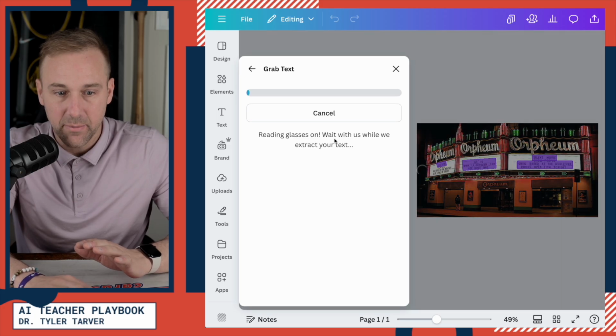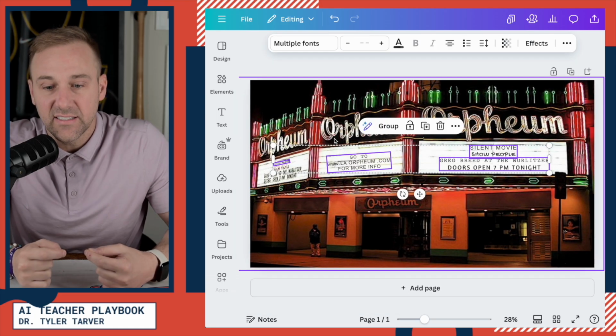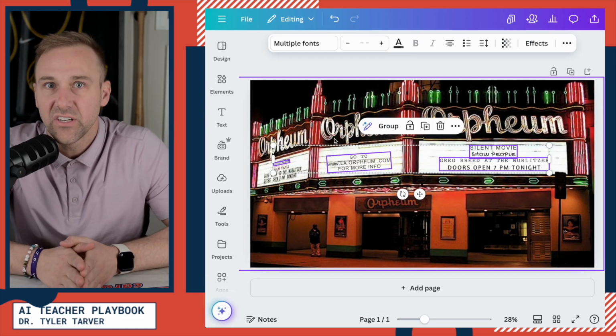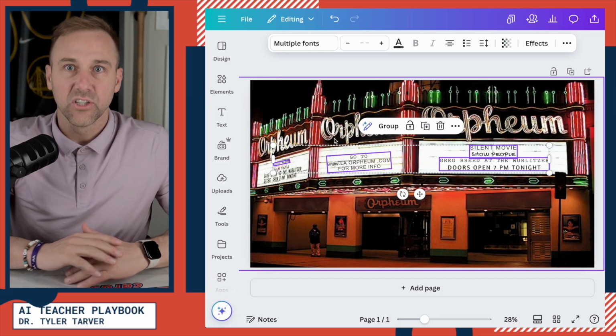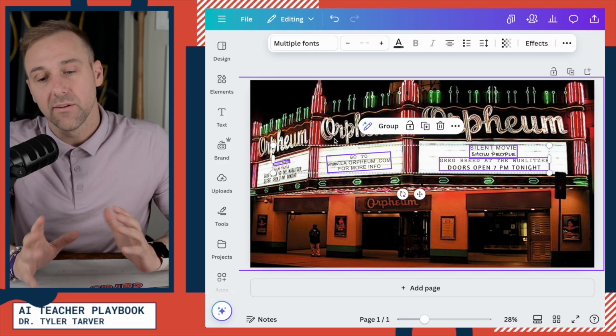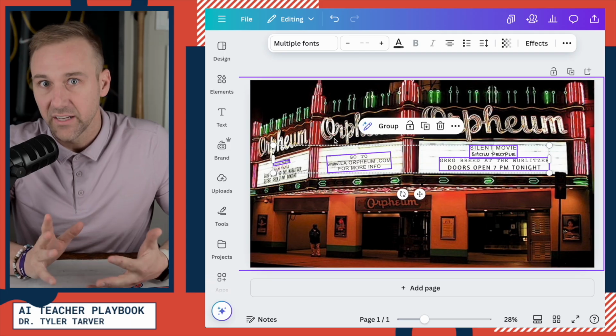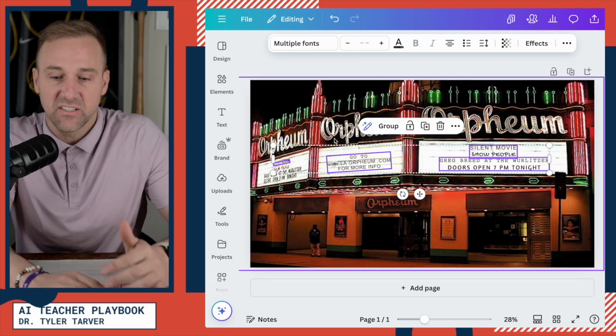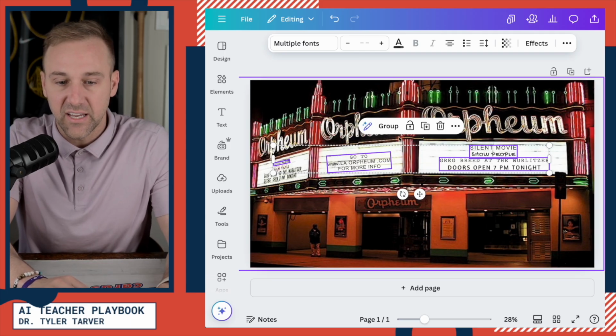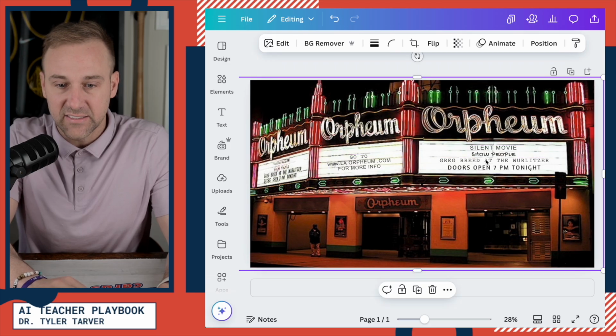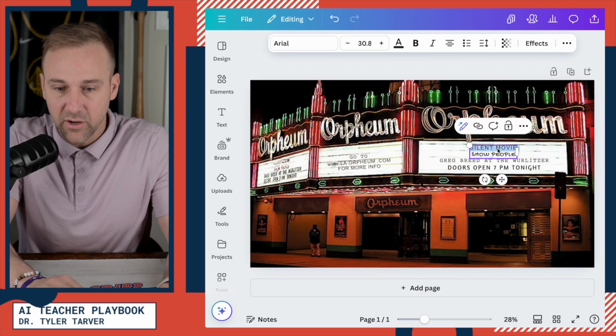So I'm going to hit grab. And then what it's doing is it's recognizing the font. Now, the only issue is Canva does not own the copyright to all of these different fonts. And so they have to go in and essentially change the font to something they're allowed to use. But then now it layers it out. So I can go in and say,